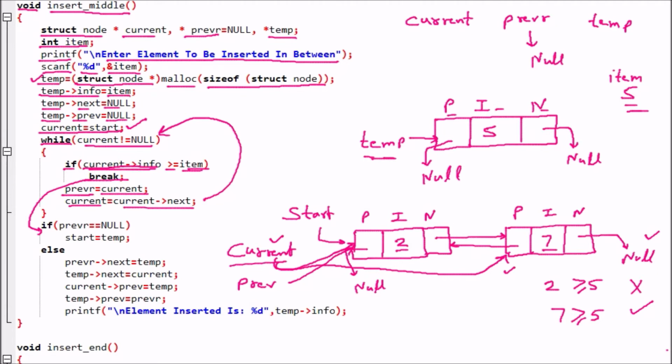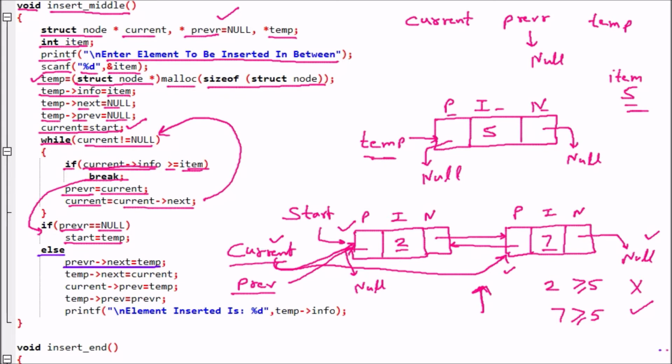So this is where we have found a location, that this one is the location where the node will be inserted into the middle. If previous is equal to null, you assume that the previous is pointing to the first node here. If previous is null, the meaning is that if I do not find the middle position, then obviously previous will be null, because we have already mentioned that previous was null. Then in that case start will be the first node. But this is not the case. We already found the position that is in between. So here the else part will work.